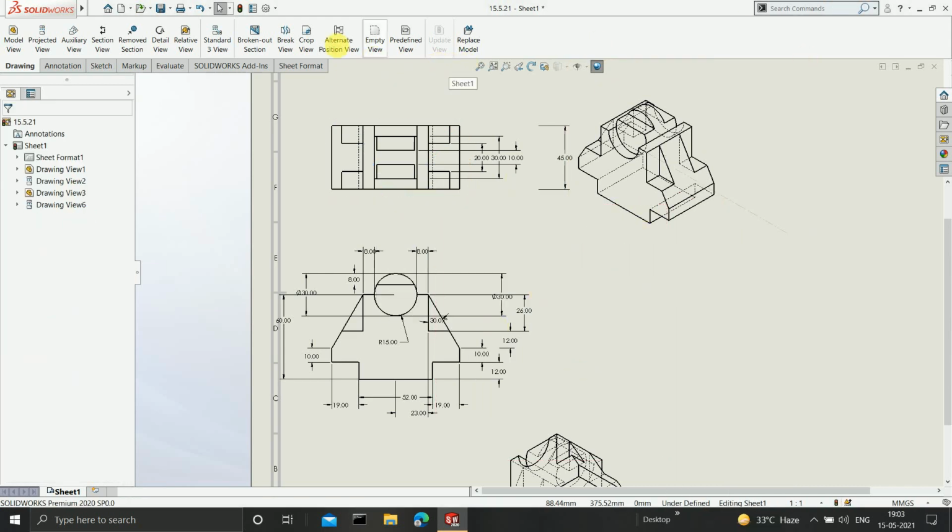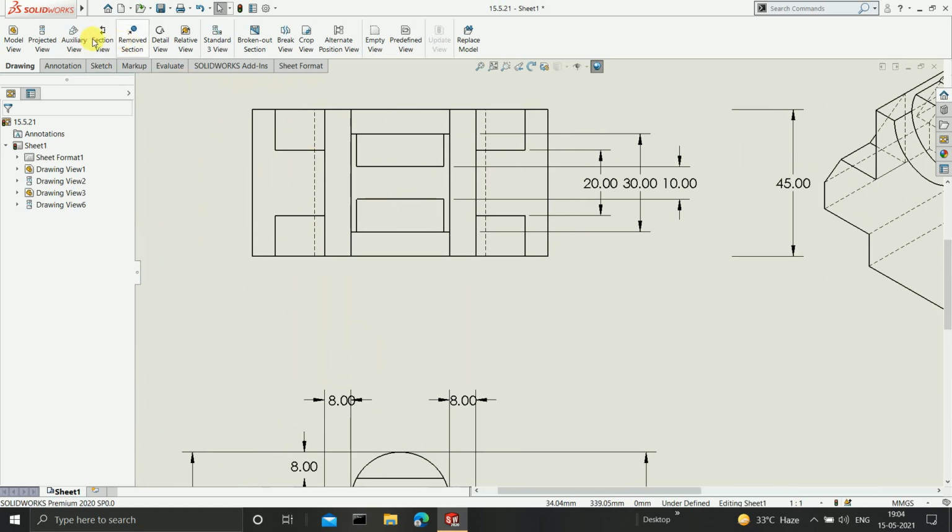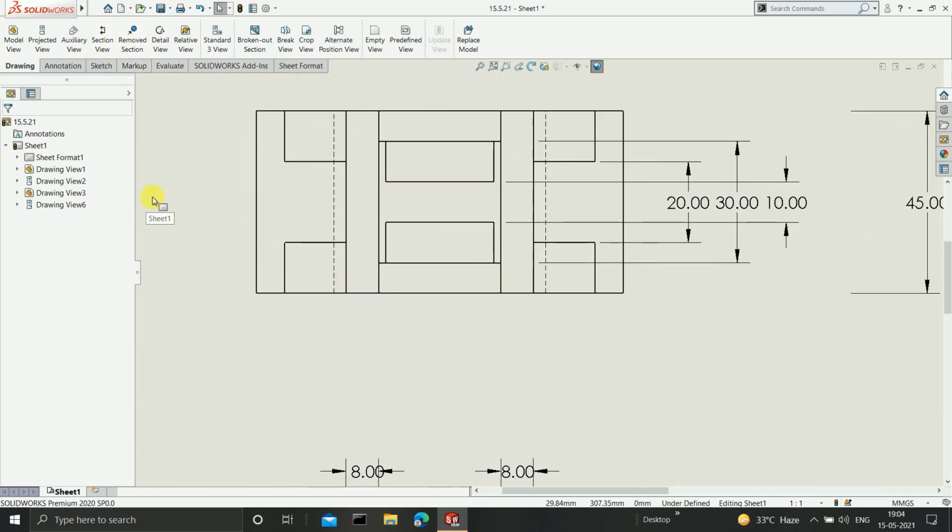Now here you have the remove section tool. Guys, between the section view and the remove section, there is a very minor difference. For example, if I select section view and cut horizontally, then the complete model is going to get cut, right?